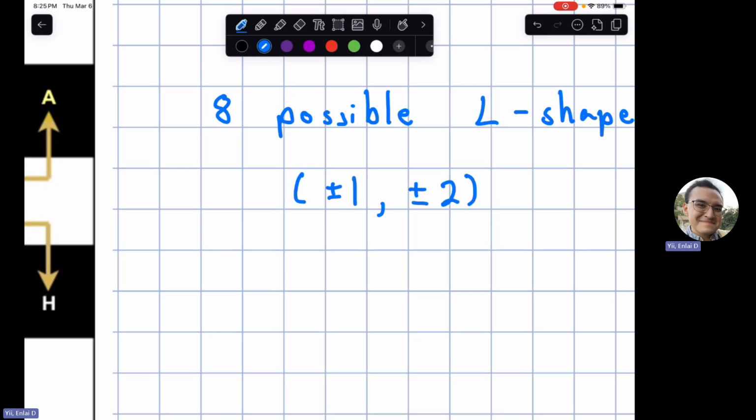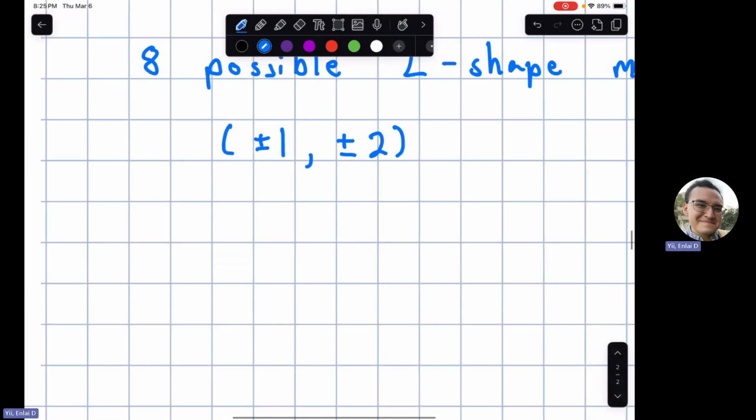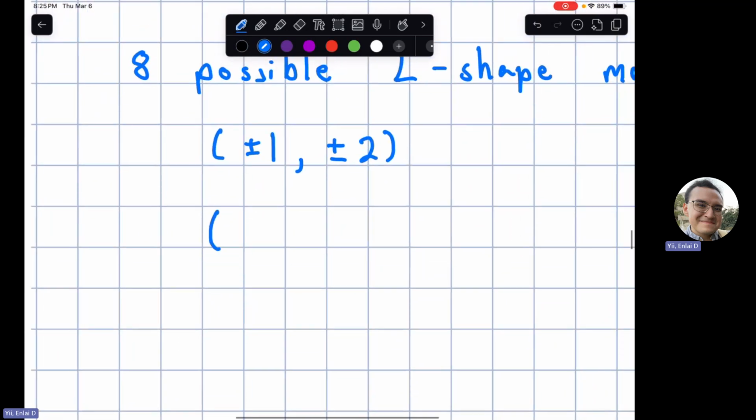Basically, we can only go left or right 1, and we can go up or down twice in a column. Or another way of saying this, we can go left or right twice in a row, or we can go up or down once in a column,